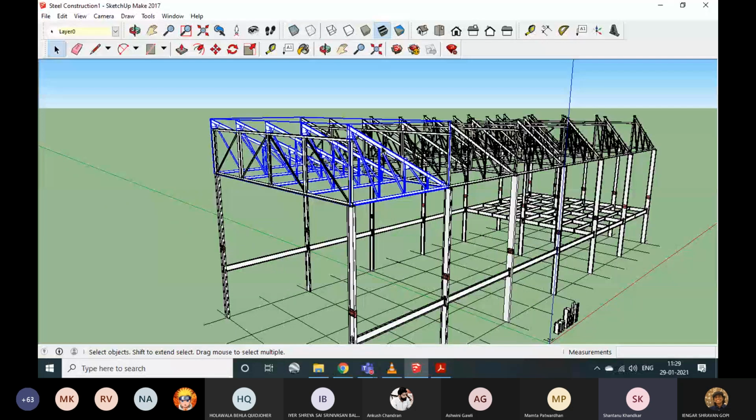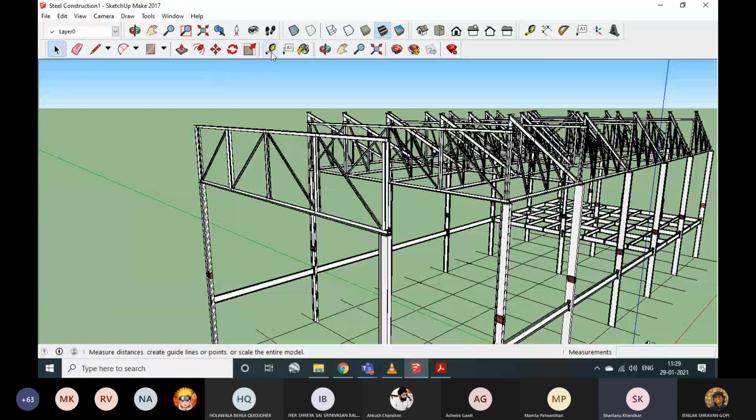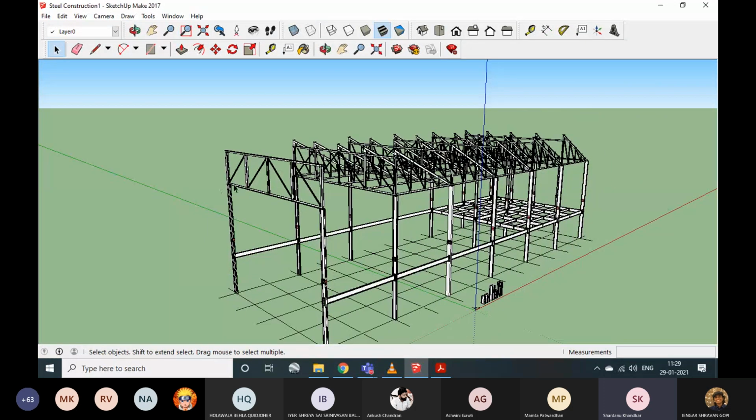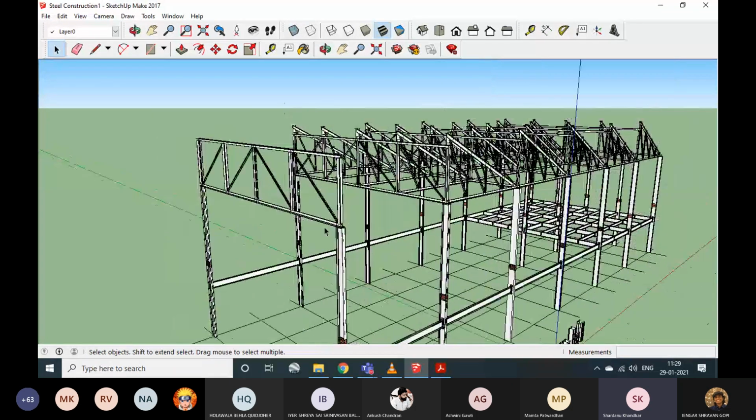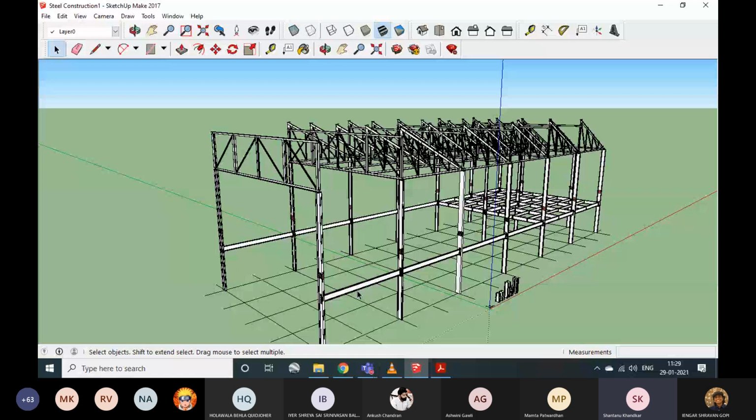Now to answer Shravan's question, the reason why the lattice girder is like this, let me hide this for a moment so it will be even clearer. If you look at the span, this is about 12 meters. Now, if I were to take a beam like this and try to span it 12 meters, the beam would have to be really deep. In the Indian standard sections, the deepest I section you can get is about 2 feet, 600 mm. That might be enough for this, but it will be extremely heavy.